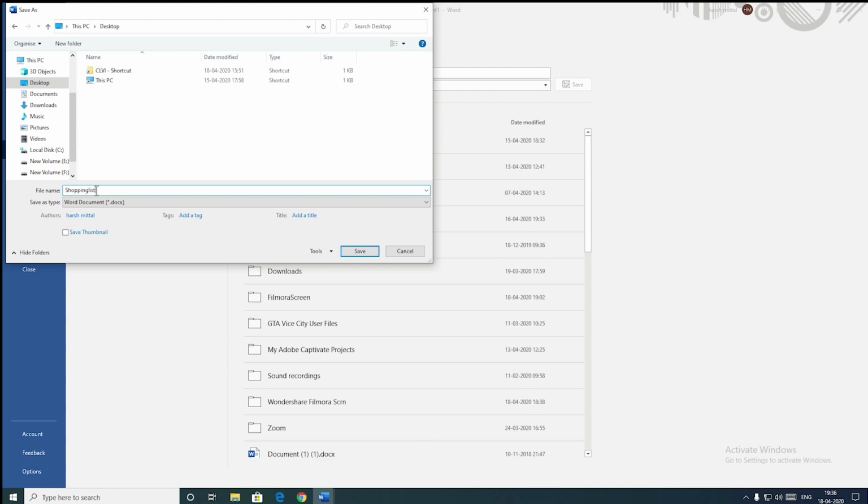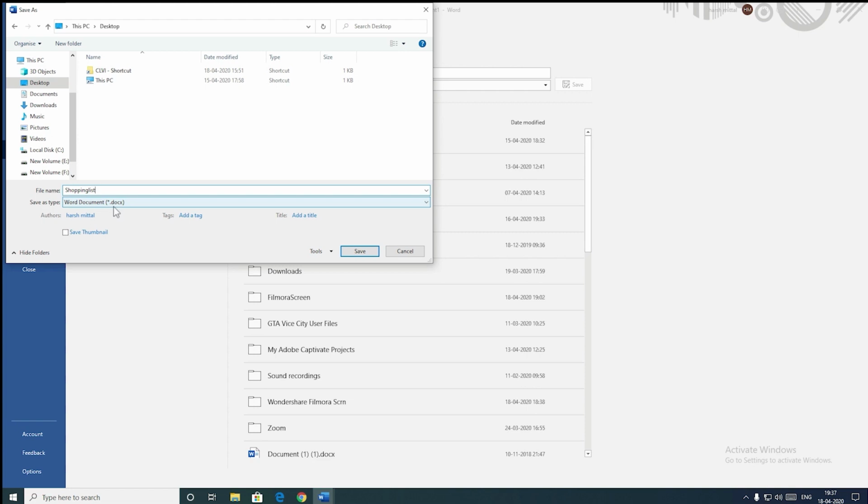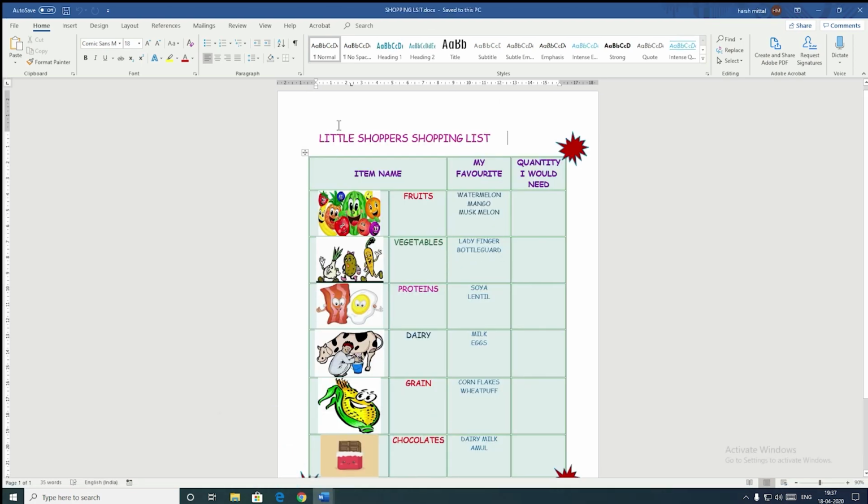Right now, all Word files are saved with the file extension .docx. That means they are all documents. So they are saved as .docx. You do not have to give it any extension. It will come on its own. So since my folder already has one Shopping List, I'm going to give it the name Shopping List 1. Right, children? So I have saved it. Now as I have saved it, you can see in the title bar here the name has changed to Shopping List 1. Now let me go back to my already made shopping list.